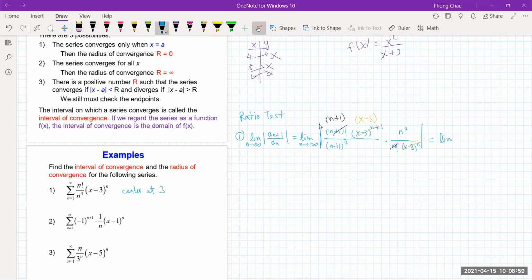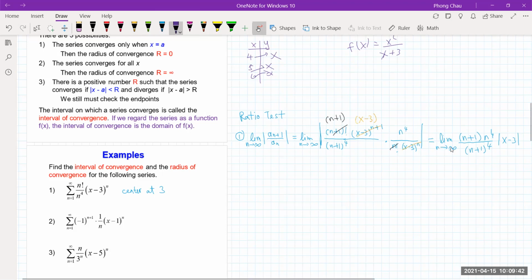Now these are positive terms, so n plus 1 and n to the 4th are positive factors. So we have n plus 1 times n to the 4th over n plus 1 to the 4th power, as n approaches infinity, and we have x minus 3. So put the absolute value of x minus 3 there. Notice that I don't put the absolute value on the others because the absolute value of these positive numbers is still the same. If you want, you can do that, but we don't need to. All right,